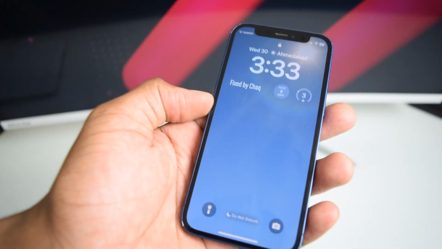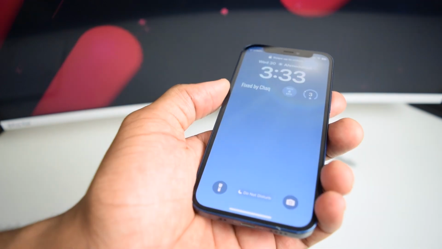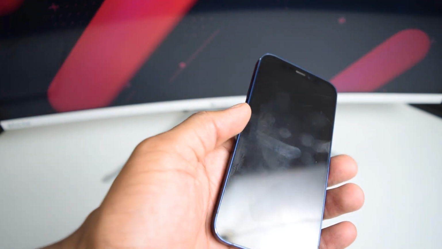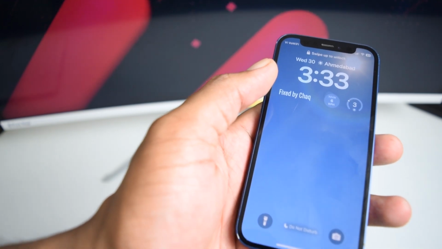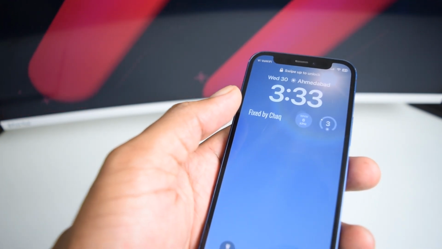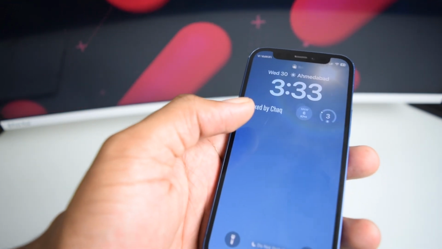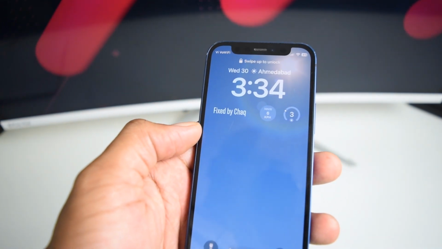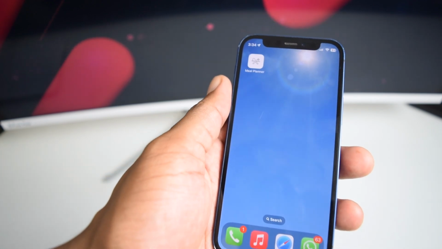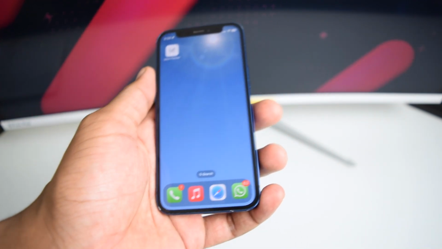And do not worry because this works on any iPhone model. In my case, I've got here an iPhone 12, but if you've got a different iPhone, such as an iPhone X, 8, 7, 6, or even 11, 12, 13, or 14, 15, or 16, this should work for you as well. I want to let you guys know that this may be a software issue as well as